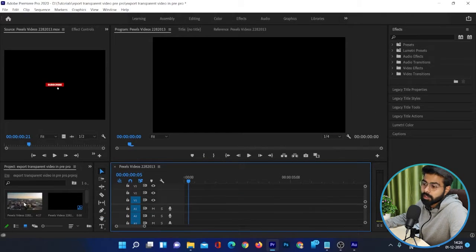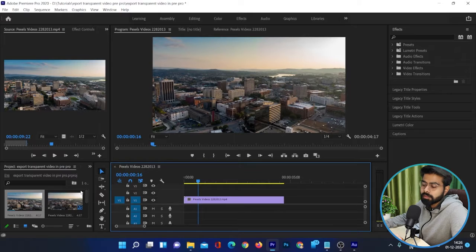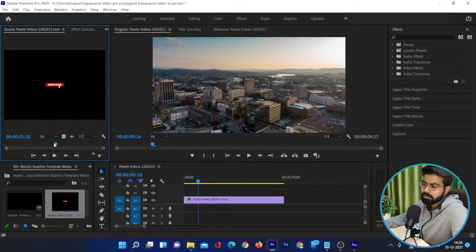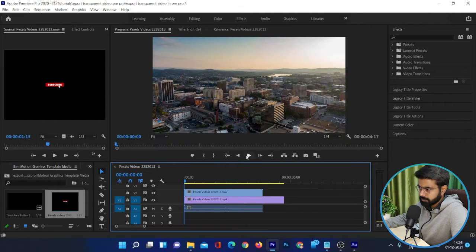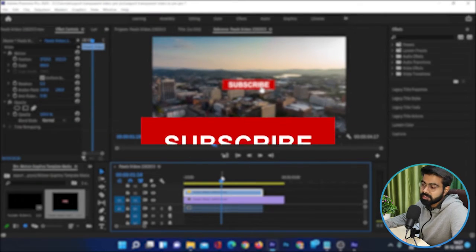All right, so as we export it, let's check whether it is working or not. Let's come back to the main composition. For example, I've got this footage again, and here I just want to drag and drop that subscription animation. So let's drag that footage that I exported, double click on it, and we can see there is only an animation, and we can just drag it with the audio because there was audio in it. So now if we play it,